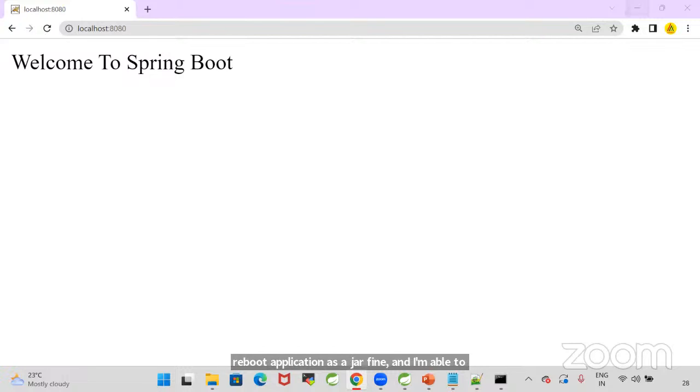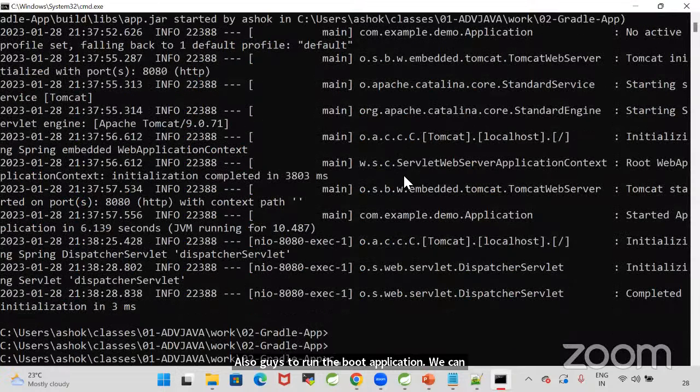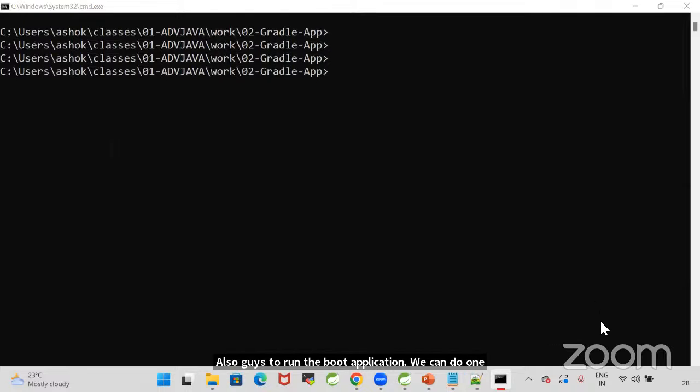Instead of that, we can do one more thing also, guys. To run the boot application, directly we can use the bootRun command. So this Gradle application is available. Let me